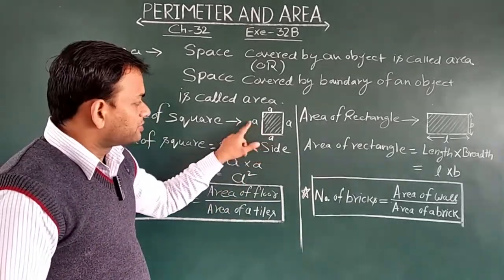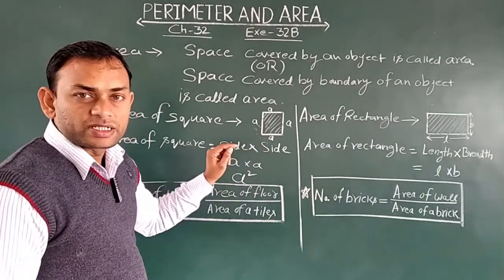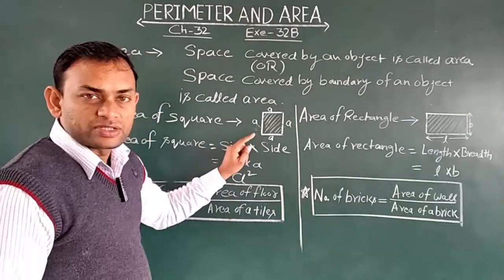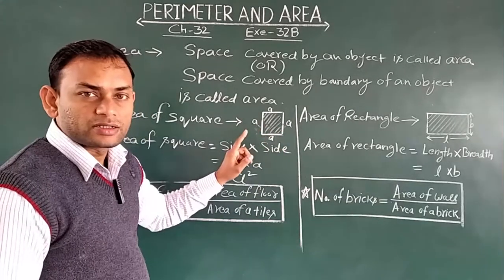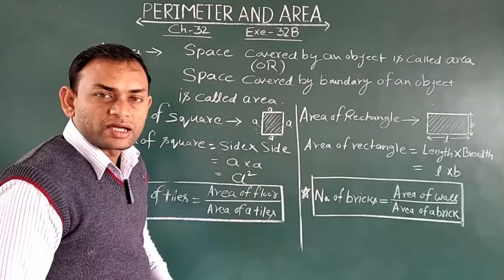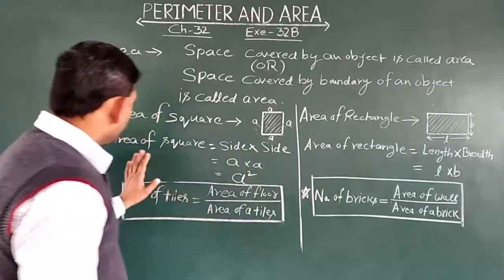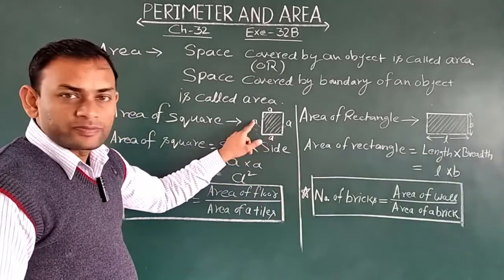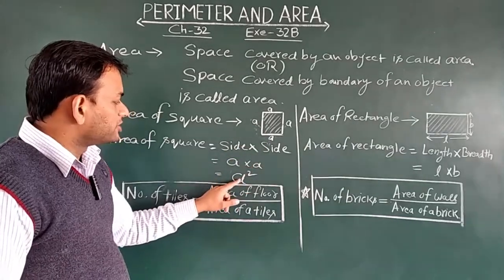Adjacent side means जो पास पास होती है, adjacent sides जिनका एक ही vertex होता है. So this and this both are adjacent sides. Same, this and this, these both are adjacent sides. Got it? So by multiplying the measures of the adjacent sides, we can get the area of a square. So area of a square will be side into side, meaning a into a, the product of adjacent sides. A into a will be a squared.